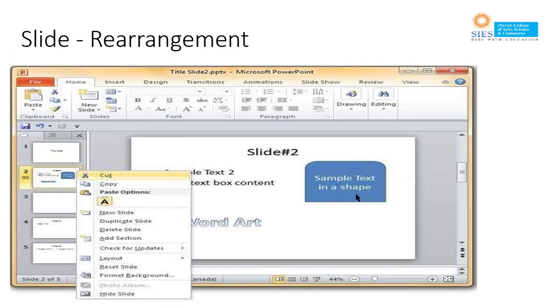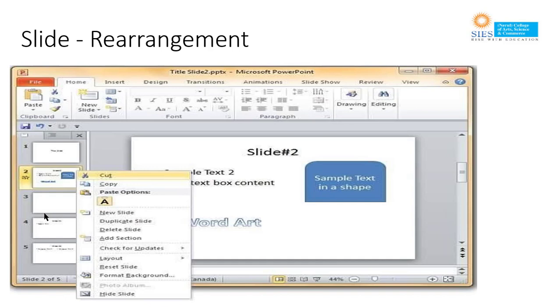And slide rearrangement is like you can just drag and drop your slides. So automatically it will be rearranged. Select the slide to be moved. Left click on the slide and drag it to the position in the sequence where you want to place it. PowerPoint will indicate the insert position with a line in between existing slides.